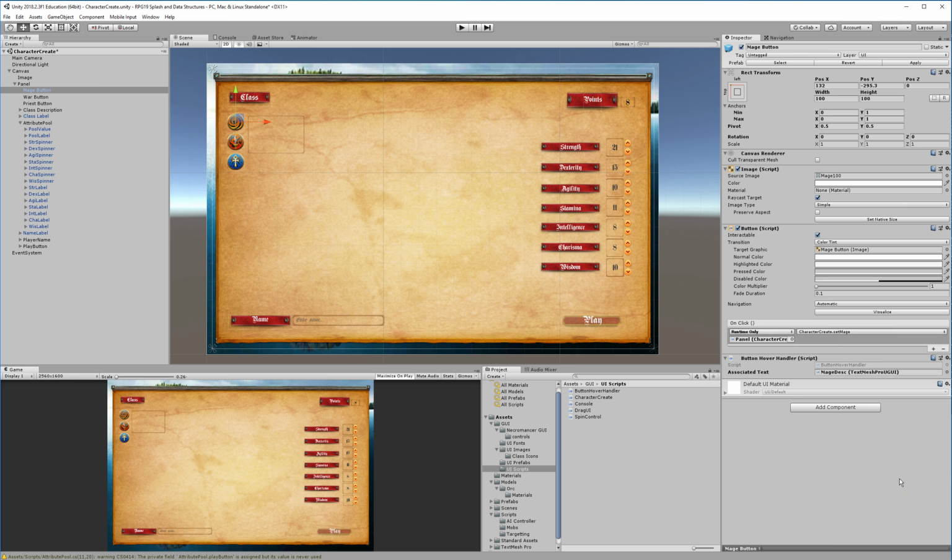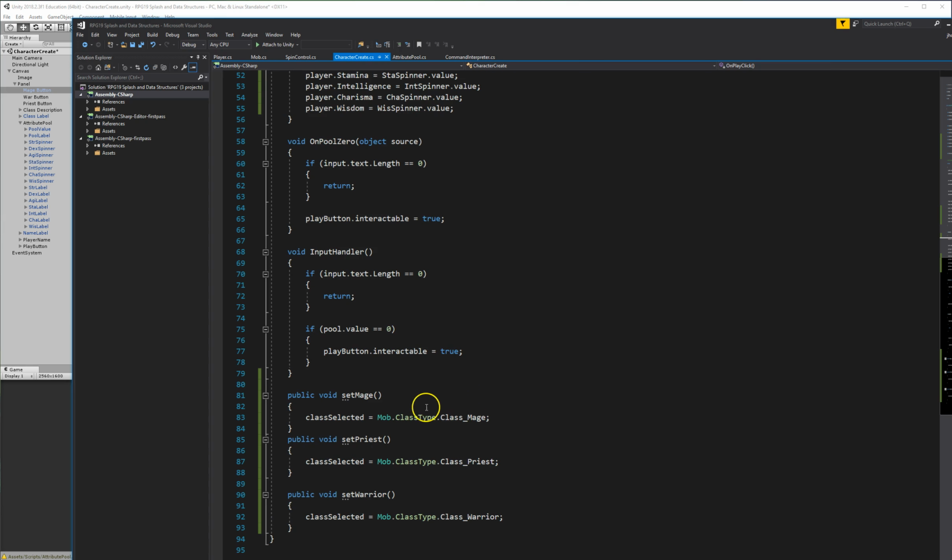The trick to getting those to show up, and it is a kind of important trick, is that the only functions that can show up down in that on-click handler must all return void. They must either have 0 parameters, or they can have a parameter with an integer, a floating point value, a boolean, a string, or a Unity game object. You cannot have any functions that take more than one parameter, but you can have 0 or 1 of those. And that really